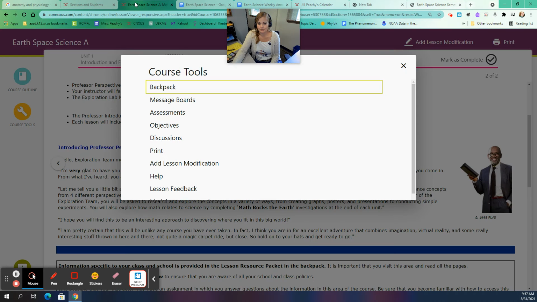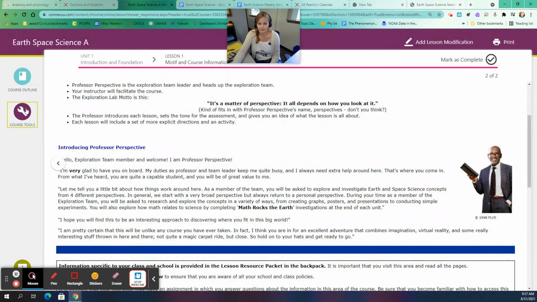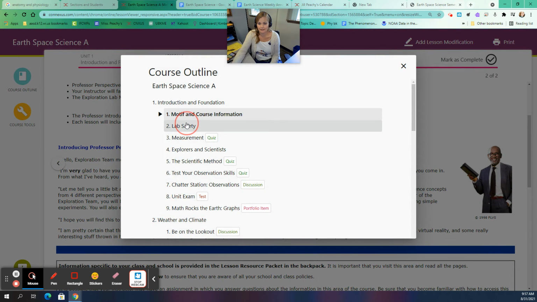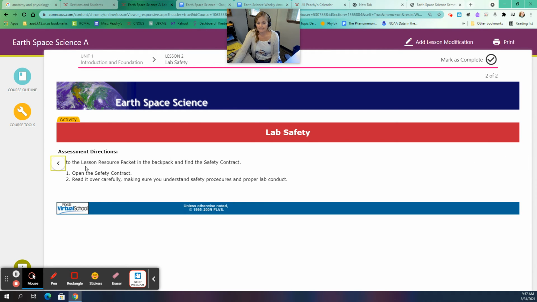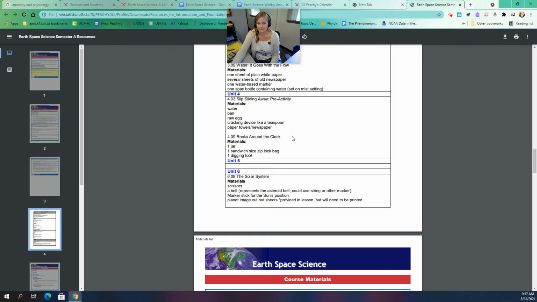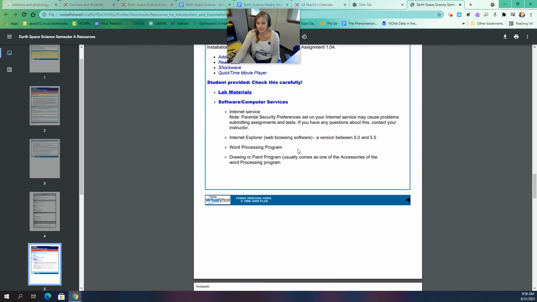It then goes through that second lesson here. Again, course outline, go to lab safety. Of course, when you're doing these lab investigations, you need to make sure that you are safe in that process. You're doing them at home, so supervision by a parent is preferred. It does ask you to go through the lab safety contract, and that lab safety contract is also found in this resource guide. So if you scroll all the way down here,